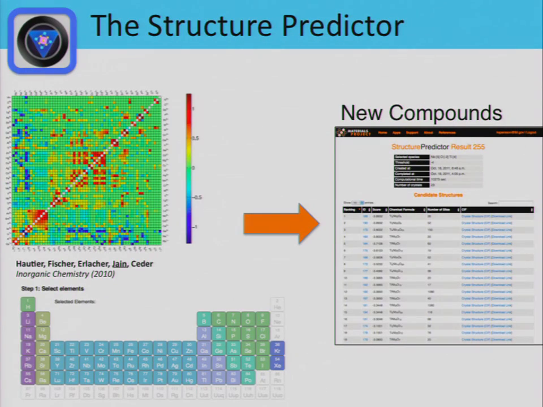The structure predictor we thought was going to be something that only computational people use, but it's actually one of our most favorite apps because, so far as I know, it's the only publicly available new compound or structure generating algorithm out there. There are lots of researchers that use similar things, they have substitution codes, but this one uses data mining of existing known structures to try to find correlations between the structure and the